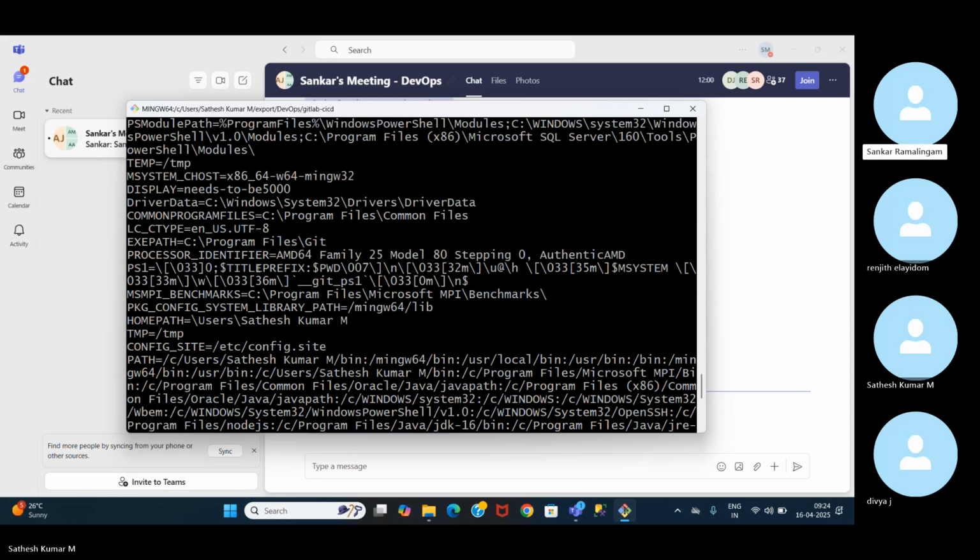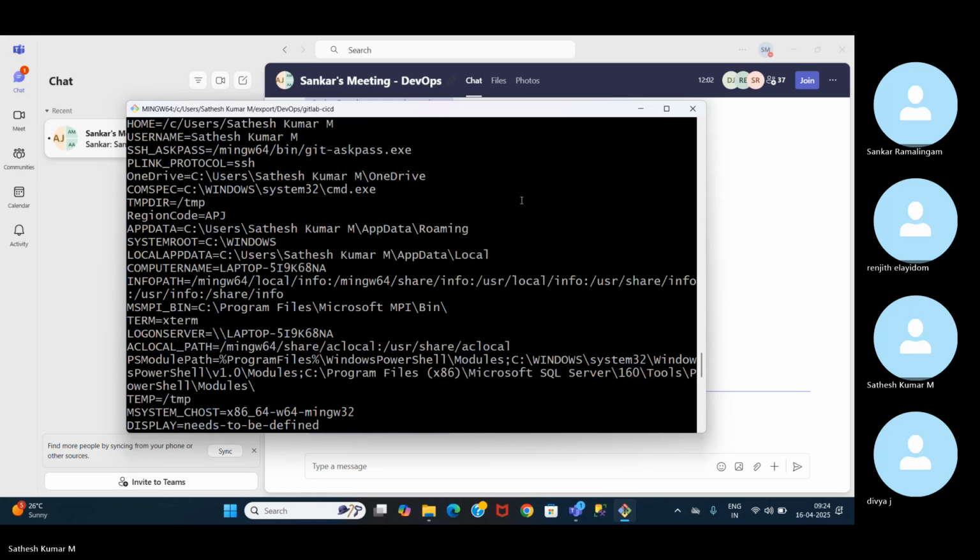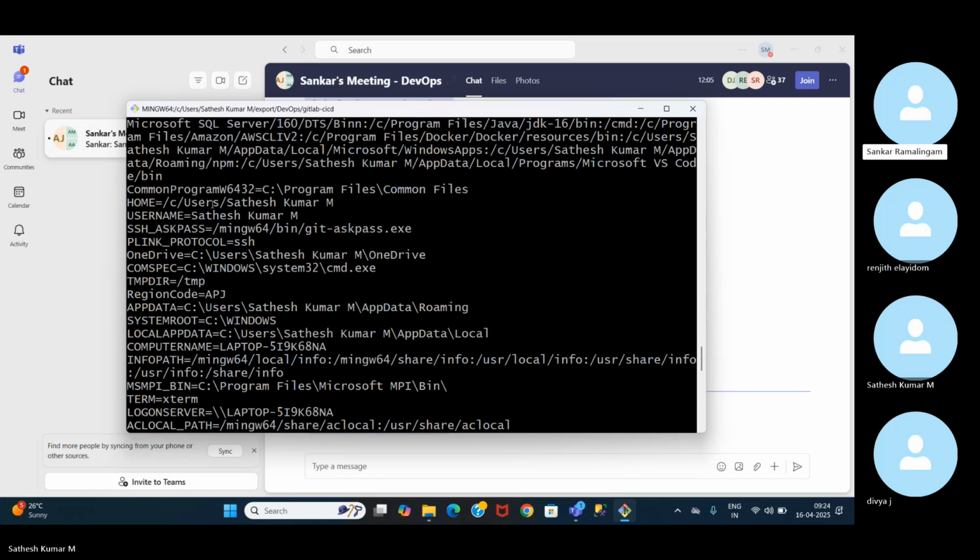Go a little up, go a little up. There'll be username. Yeah, just see that home username. Home, after that username is there, right? Yeah. This is a variable that we are trying to utilize here in the system in order to ensure